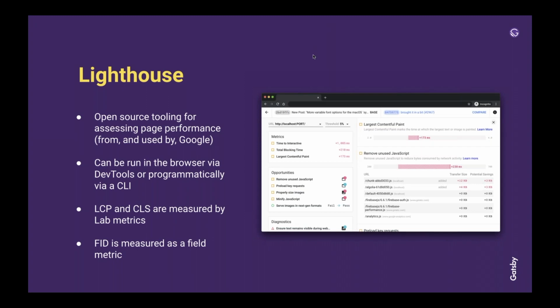I think the other week they launched a change which made quite a significant impact on how they measured cumulative layout shift, which changed everybody's scores, and everybody was very upset. But again, it's worth understanding that all of these are moving targets and that they're going to continually improve. So if you want to get really close to understanding how Google sees your site, strip away all of the tools and look at the raw Lighthouse data.